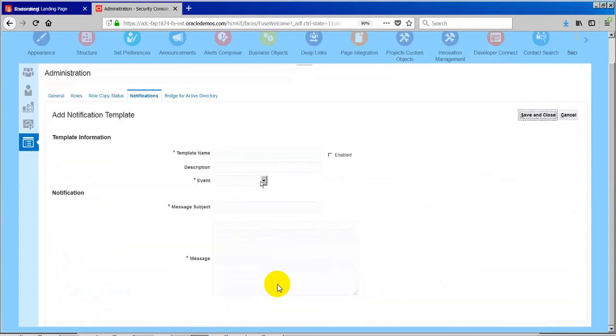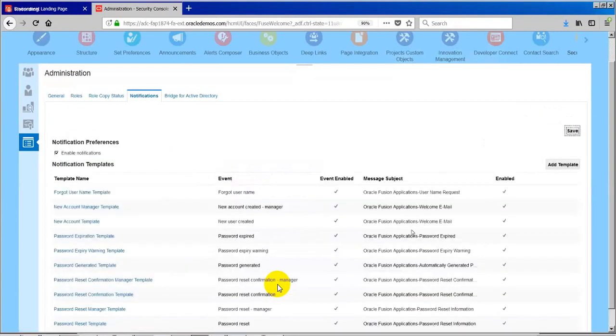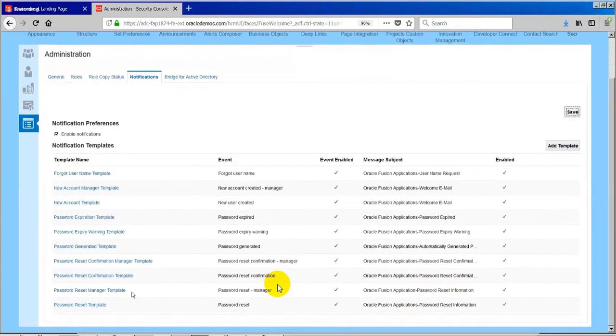how do we know to whom we have sent this notification? That is a predefined thing. If you see, all these things will be applied to the user only. So whatever user account we have, right? Forgot username. So who will request that forgot username? Typically the user, the employee. And one more thing, can we copy the templates and customize them?